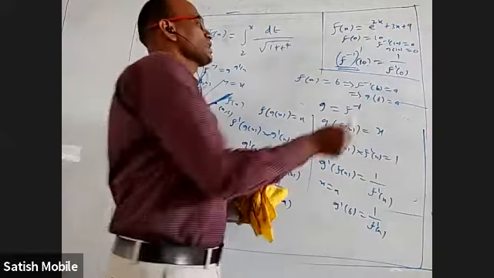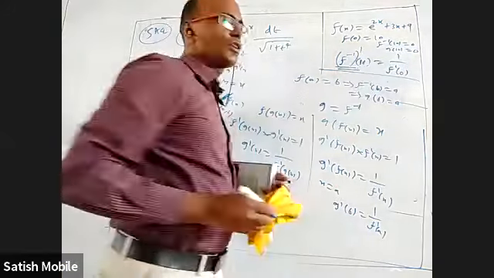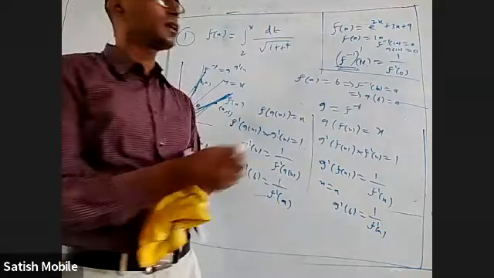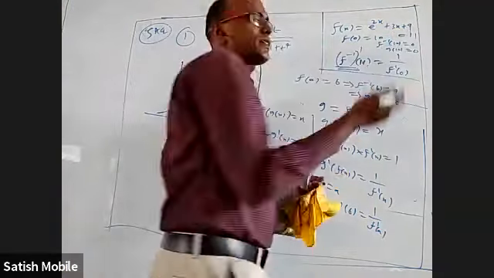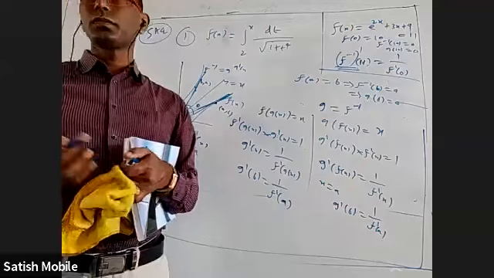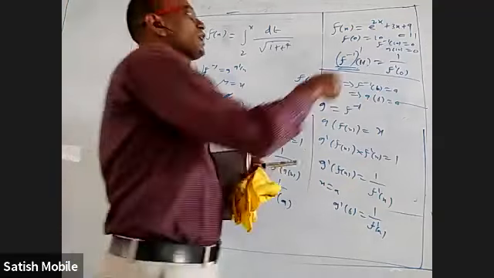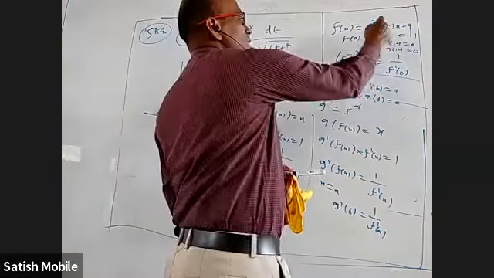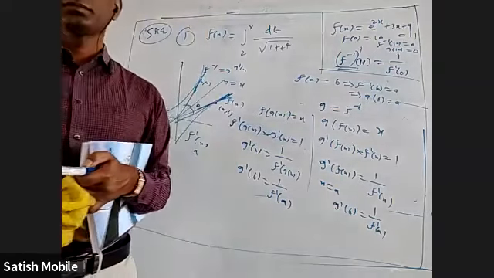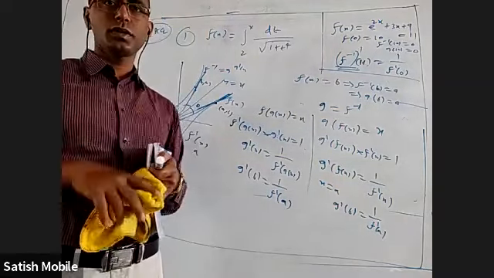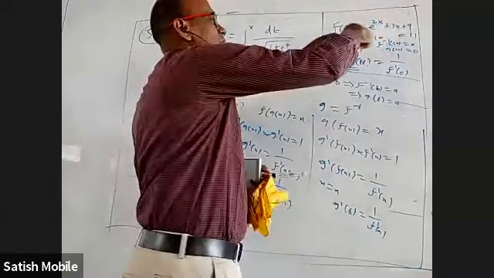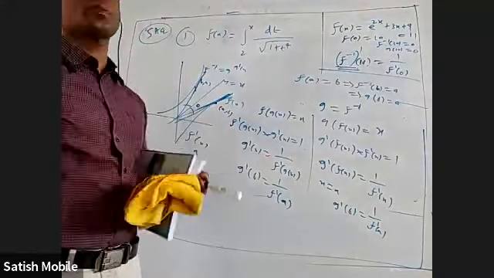Okay, one may ask, instead of 10, if they give 11, can we do it? We cannot do it. Why? You equate it to 11. Can you guess the x value? You cannot find the x value. So they will try to give a number where, when you equate this to that, you will be able to guess the x value. Guess only. Okay, we will not be able to find it. If it is a polynomial or something, we can find it. It is only this kind of equation. Okay.